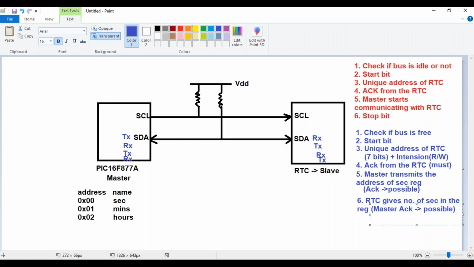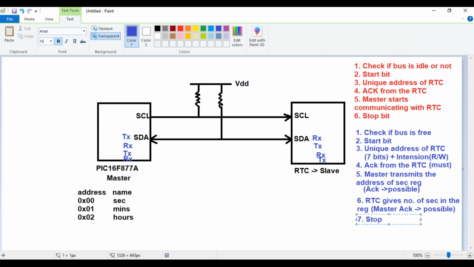So masters can be that way. But if the master is polite enough, the master may give the acknowledgement saying, I have received the number of seconds. Now that I have received the number of seconds, I will display it on the CLCD